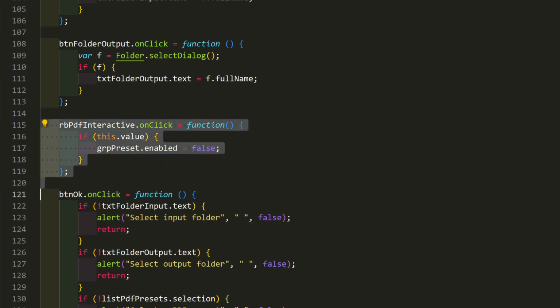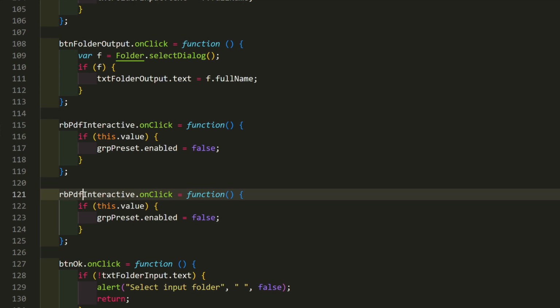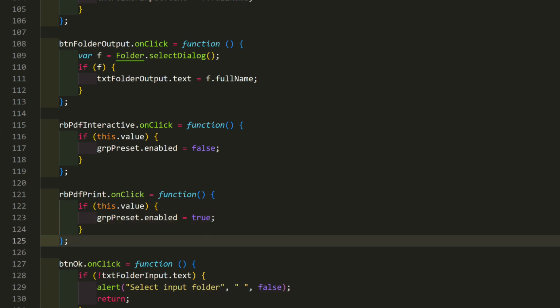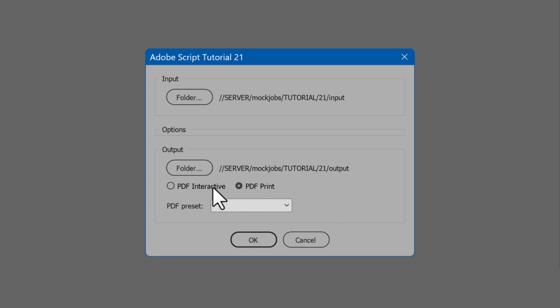Duplicate the handler and change it to rbPDFPrint and change enabled to true. Save and try the script again. Now when we click interactive, preset is disabled. Click PDF print and it's back.